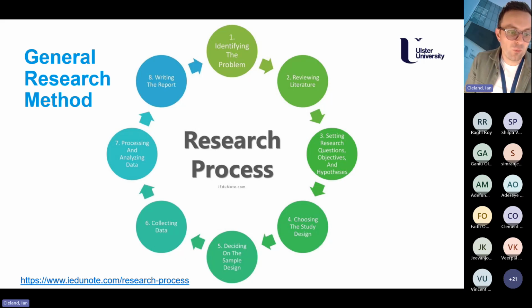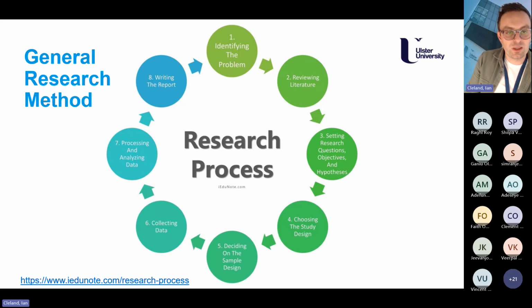What we really mean is a research methodology. This is a general process or general research method, and it aligns quite well with what we've been talking about to date with that fish type model, where you will have your problem that you're trying to understand at the top.